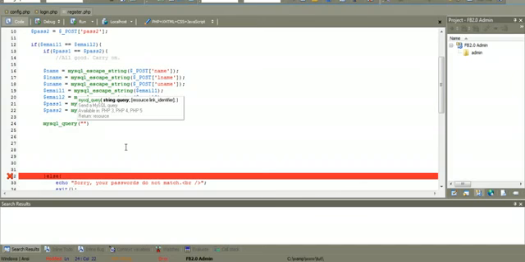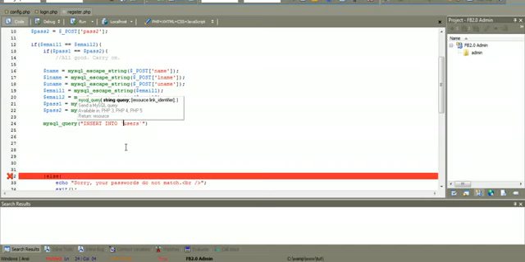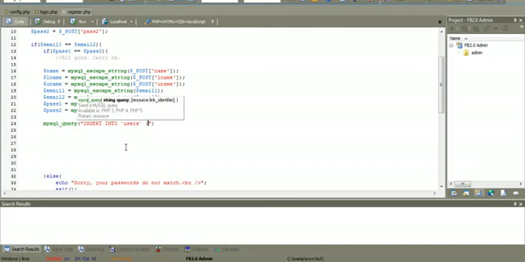MySQL underscore query in quotations. There we go, that's what I wanted, not colons, quotation marks. We're going to do insert into users. Now if you're looking for this symbol, it's that little key next to your 1, on the left of your 1, not the 2. Insert into users, then in brackets, we're going to have ID,